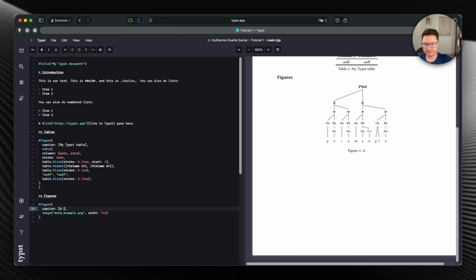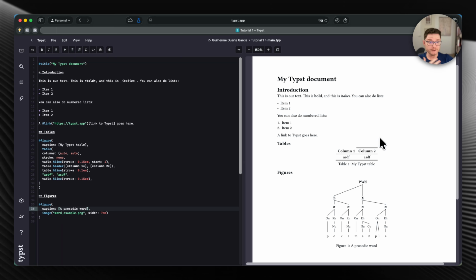And you will notice that it can tell that it's a figure, not a table, because of course inside figure we don't have the table function. So you can see it's pretty smart and automatic. There's a lot of things you don't have to do and they'll be there automatically. So this gives you a sense of a very simple document. The first video in the series. I don't want the videos to be too long.